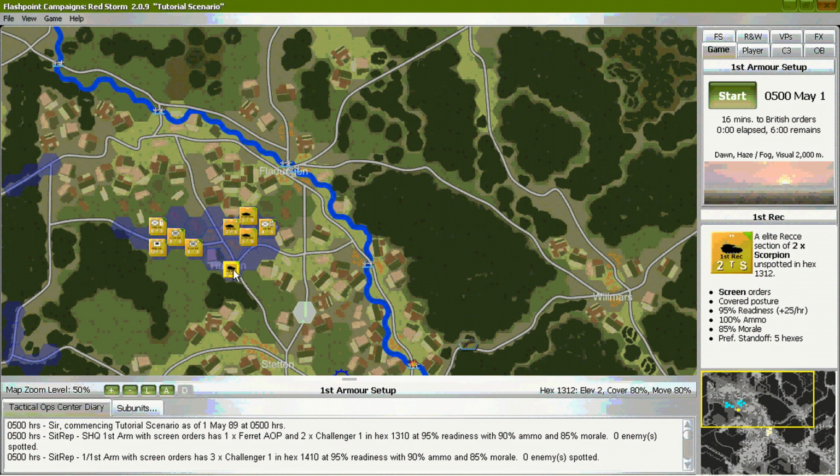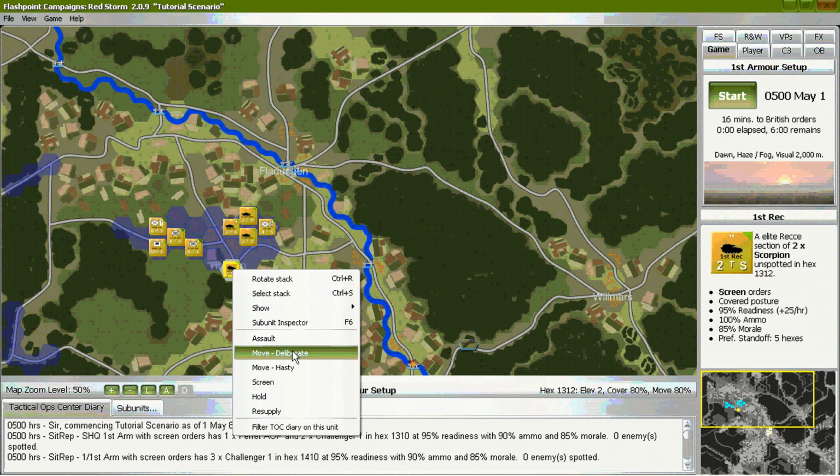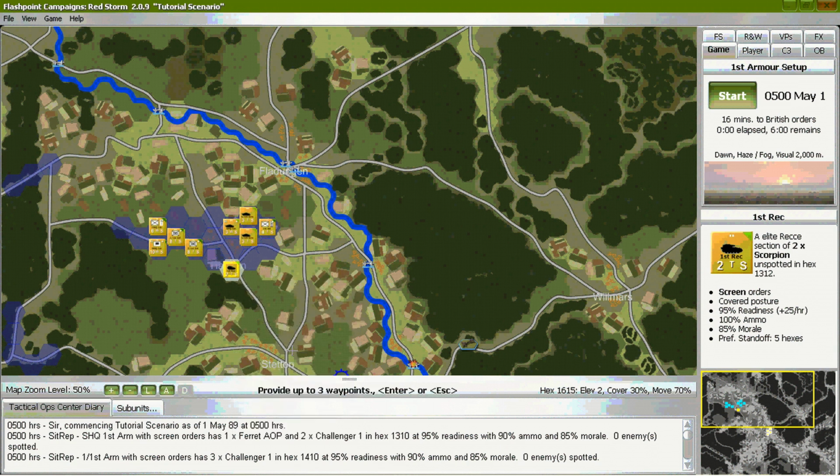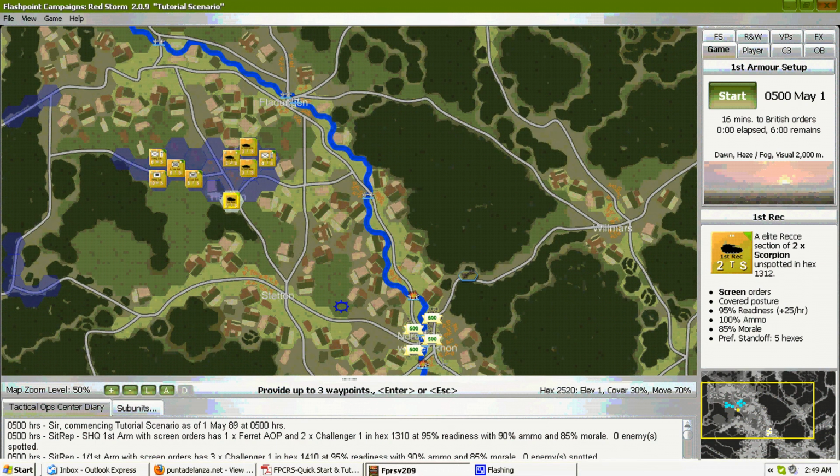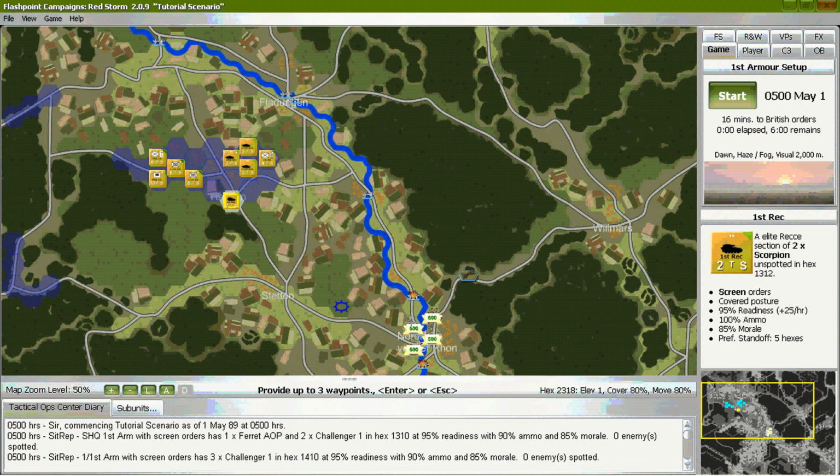Right-click on the unit again and select Deliberate Move. Select the 3 waypoints into the city as shown in the diagram.